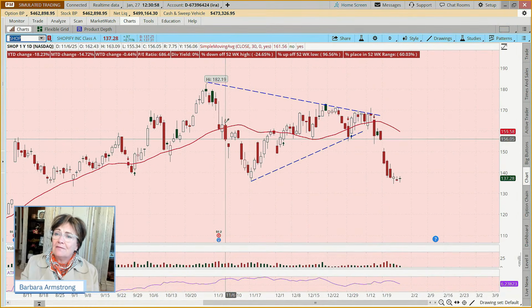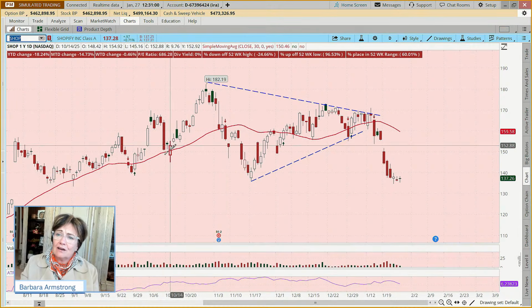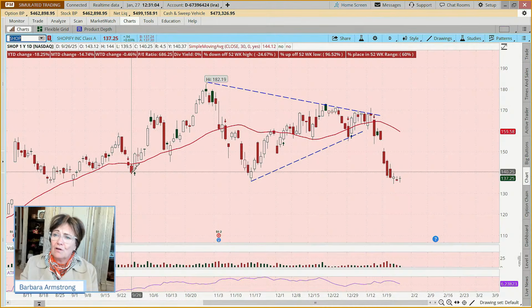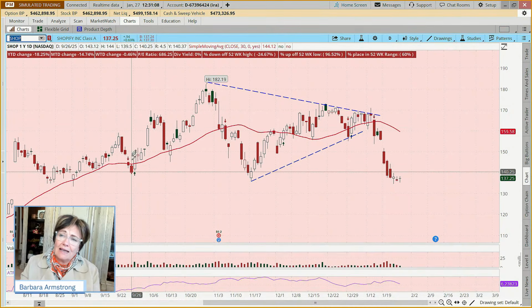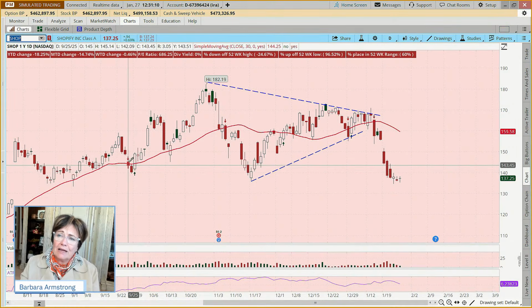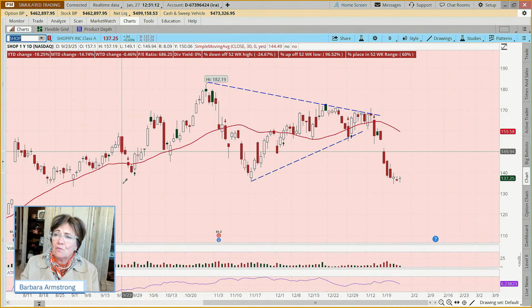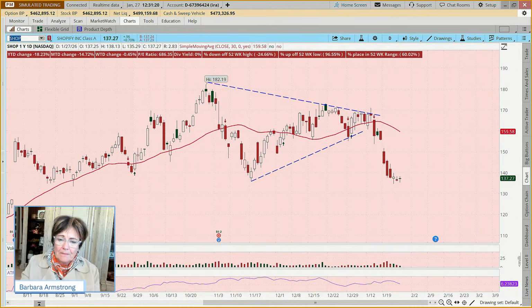And then we have this break below. Well, we're not getting our knickers in a twist. It flirted with it here, closed below for a day here. But what do our rules say? If we're doing a simple trading plan and we own the stock, if it closes below, we're going to move our stop up. And again, stops don't guarantee that we're going to get out. But if we'd moved our stop up to here, then it kept going up.